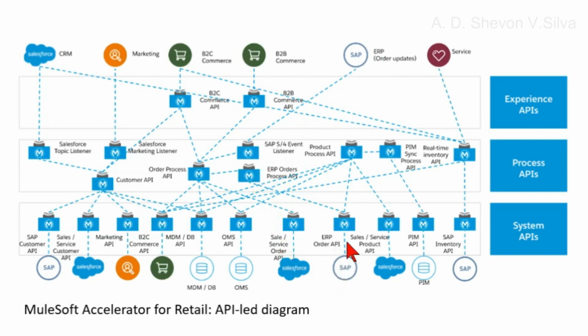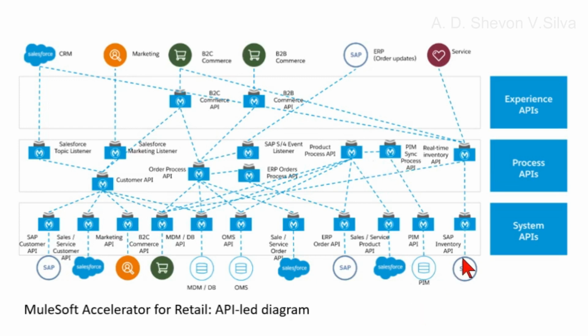Here ERP Order API and OMS API and MDM DB API and B2C Commerce API and Sales Service Product API interact with Product Process API, and Product Process API interacts with PIM Sync Process API. Here PIM API interacts with PIM Sync Process API, and PIM Sync Process API interacts with Product Process API,